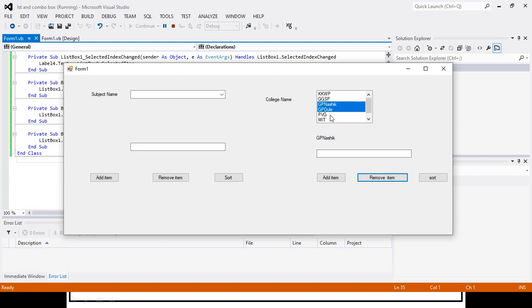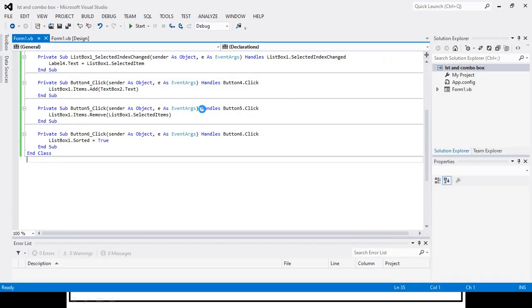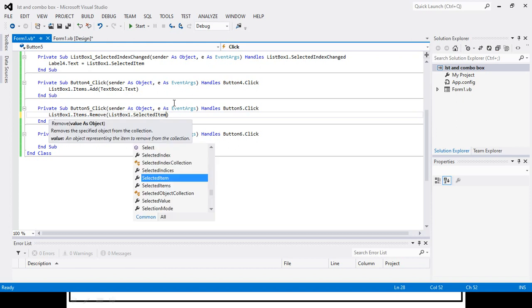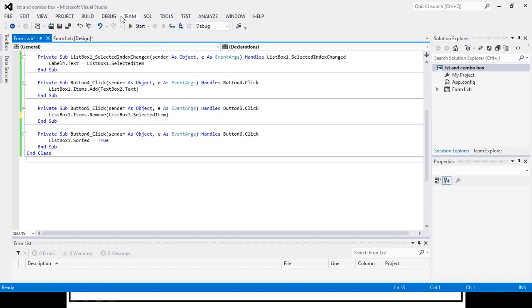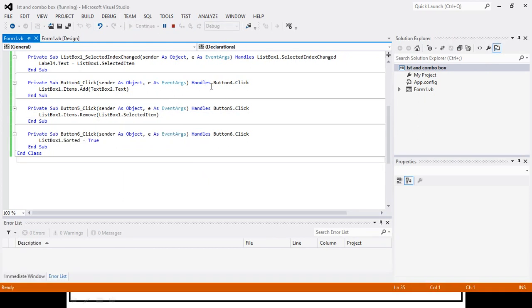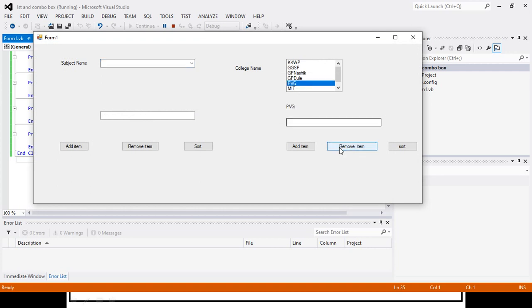Okay, so for that we need to do something different. If I have only one, I need to make the correction. So here, remove items only. Okay, so it will select any element displayed in the list box, and if I remove it, it will be removed.